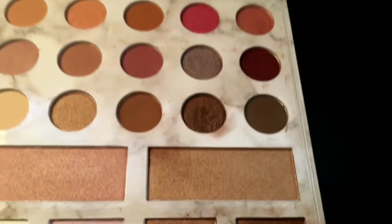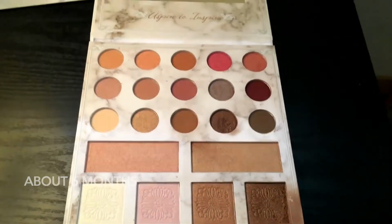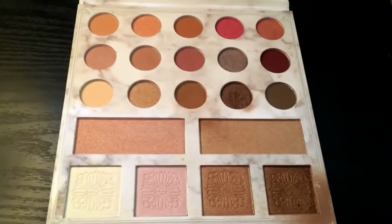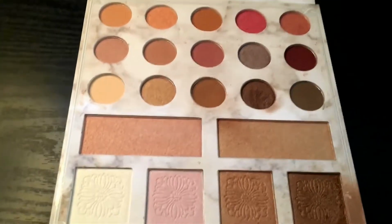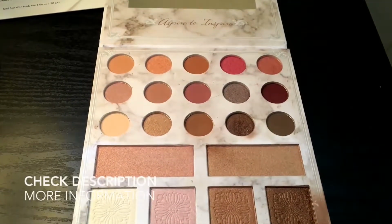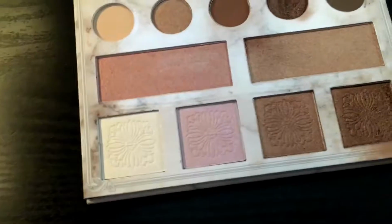I've had this palette for about 6 months now, and there's not that much gone out of it. And I can tell you guys, every time I pick up anything to do my makeup, it's always this. I've had this for a while now, and I don't go crazy when it comes to doing my makeup at all, but this palette is something that's a must need of mine. And it's inexpensive too as well. Like I said,